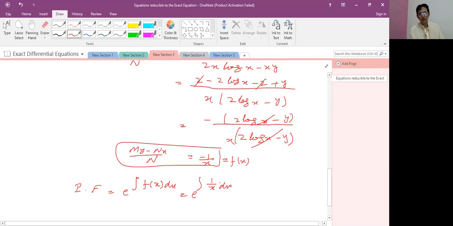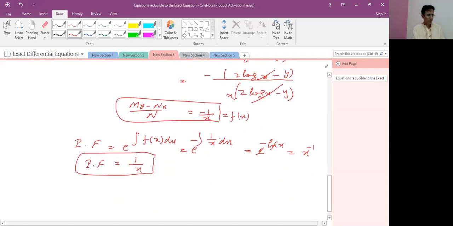So the integral of this is exponential of minus ln x. The answer is x, because they cancel each other. So integrating factor is... minus sign, I made a mistake. Minus sign means x inverse, so the integrating factor is 1 upon x. So student, after finding the integrating factor,